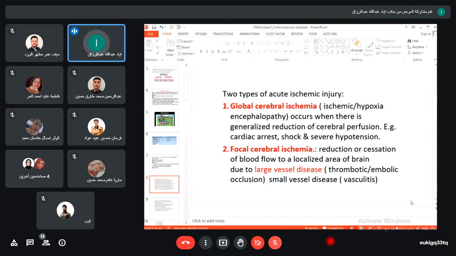Focal or localized type of cerebral ischemia could be classified into either large vessel or small vessel. The large vessel could be classified into thrombotic or embolic. يعني هذا اللي نسميه ischemia. وsmall vessel disease due to vasculitis or angiopathy. طبعا تتذكرون احنا اخذنا